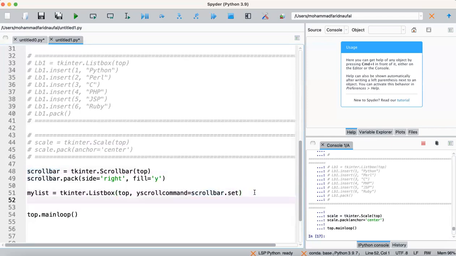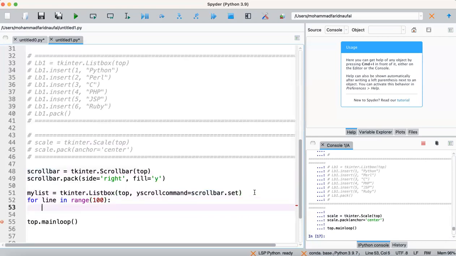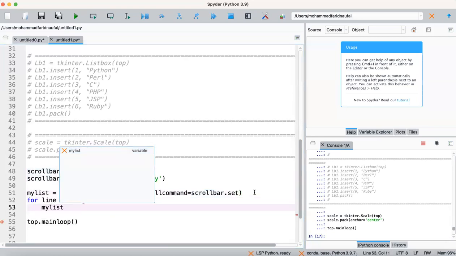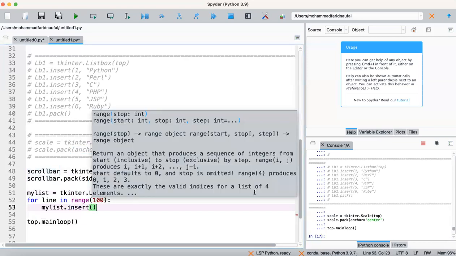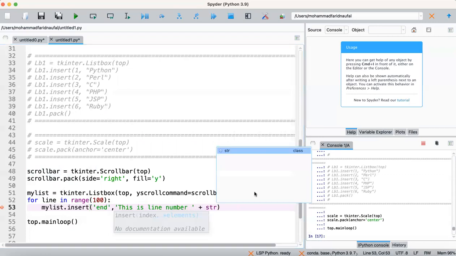Okay, then we add some items to the list. For line in range 100, we do the looping step here. We call insert, dot insert, to insert the item with the argument END, comma, this is line number plus str line.